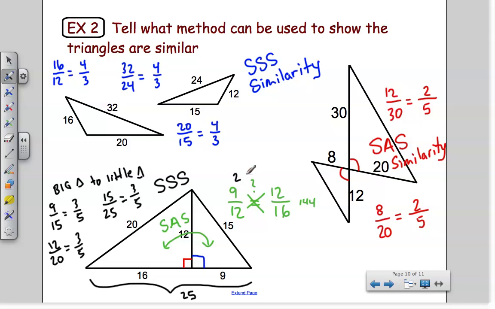And okay, so first I did the two smaller triangles. Then I did the big triangle, the little triangle. And finally, without even testing, why is the big triangle similar to the medium triangle? Well, if I have these two similar, and this guy's also similar to the big guy, why is the medium one similar to the large? Well, it's sort of that transitive property idea. I know we haven't talked about transitive with similarity, but it would be the same idea. If you have two things similar to the same thing, then they're similar to each other. So it's kind of neat. We actually had three similar